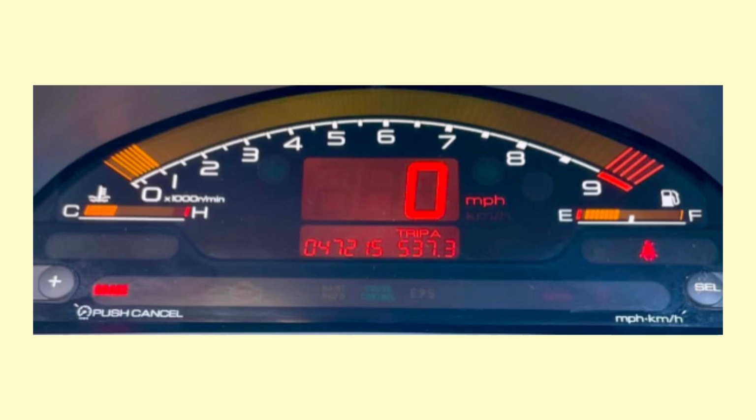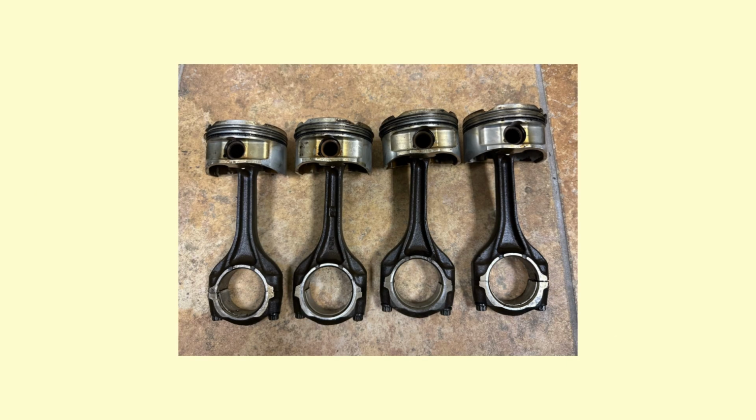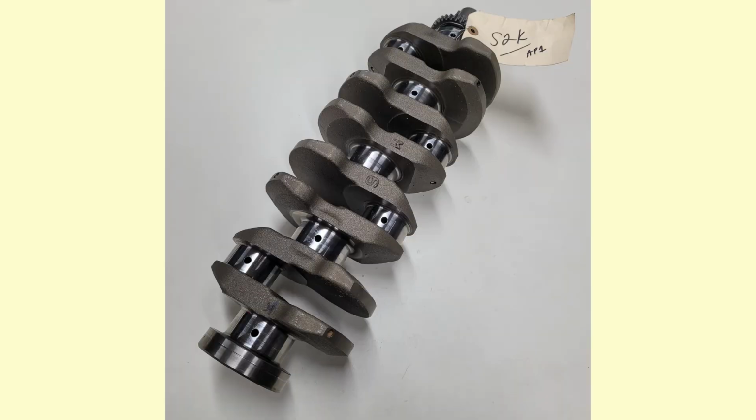When you have high revs, you need pistons that are very strong so they can handle the load. So Honda have done exactly that by using, for the first time ever in a Honda production car, high strength, lightweight forged aluminium pistons that are 355 grams each, with the piston's minimal skirt area contributing to less friction. The connecting rods are carburized and each weigh 636 grams, and the crankshaft, which are also steel forgings, are heat